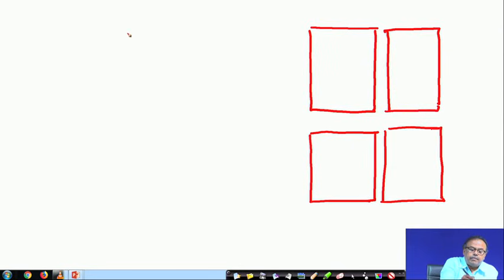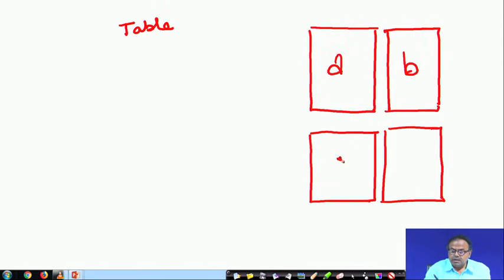Now, suppose this has some content, a story A, this has some other story B, this has some other story C, this has some other story D. Therefore, the content of each of these pages are the stories A, B, C or D. But which page am I looking at? Suppose here is a page number table.